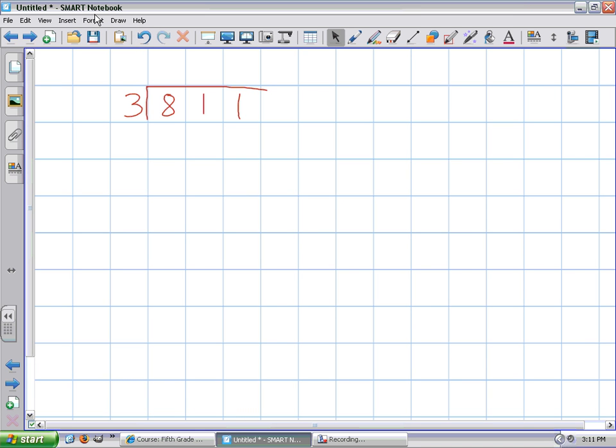Okay, dividing with decimals. If you take notice of the dividend, which is 811 in this case, there are no decimals in the dividend, and there are no decimals in the divisor. So what we're talking about today is, rather than listing a remainder, carrying the answer out to a decimal